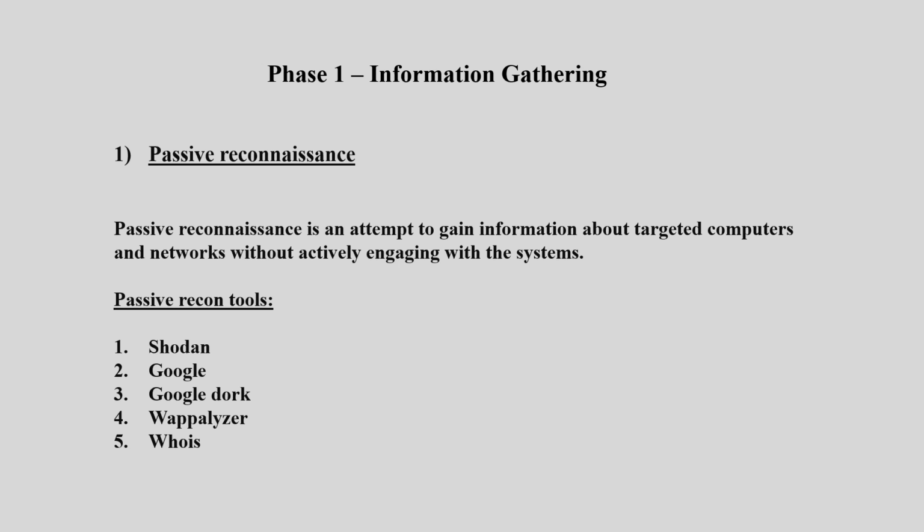The fifth one is Whois. Whois is a query and response protocol that is widely used for querying databases that store the registered users or assignees of an internet resource such as a domain name, an IP address, or an autonomous system, but it is also used for a wider range of other information. Let's see the next reconnaissance process, that is